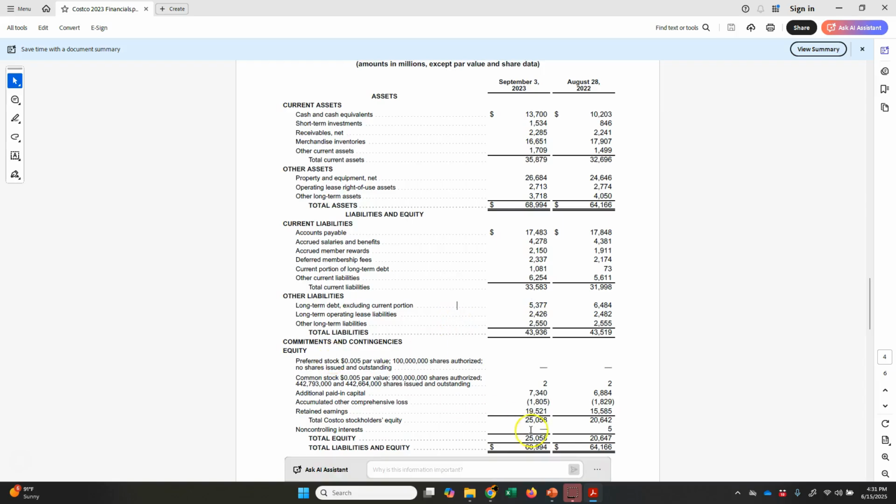And then the equity section. And that retained earnings balance we saw, 19.521, is now translated into this balance sheet. And so when we get the total equity, we have 25 billion. When we add it with the liabilities here, we see that our accounting equation holds: 68.994 assets equals